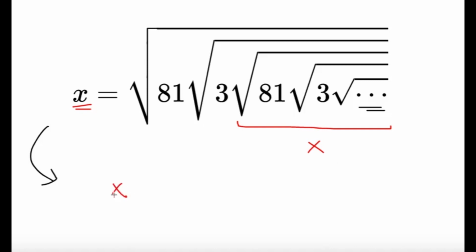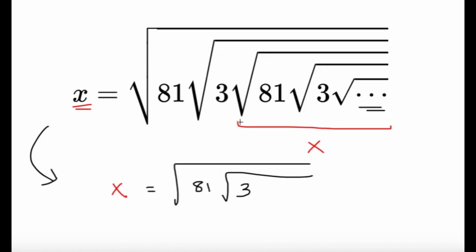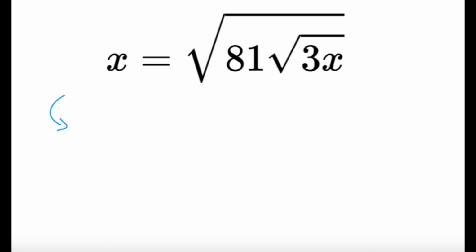So x is equal to, we can write the first few parts, square root 81, square root 3, and then this highlighted part, that's simply x. So we have this equation over here. All we have to do is just solve for x in this equation. So let's try to get rid of the radical signs because they're pretty ugly. Let's just square both sides, and if we square both sides, we get x squared equals,